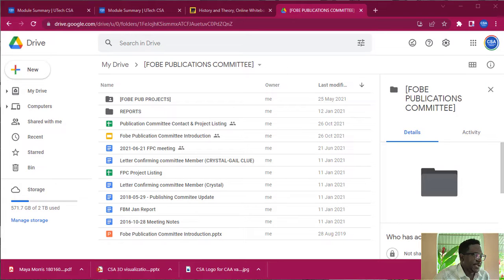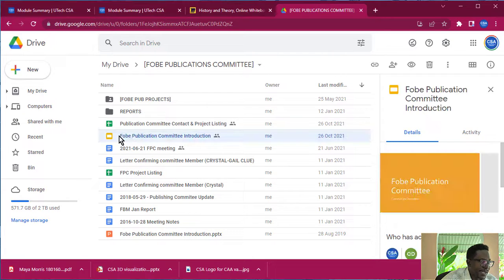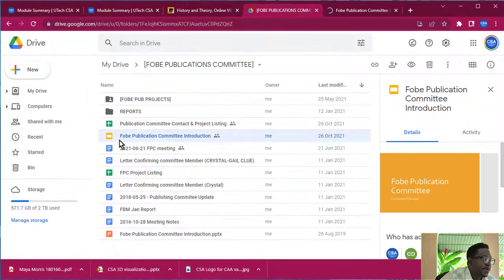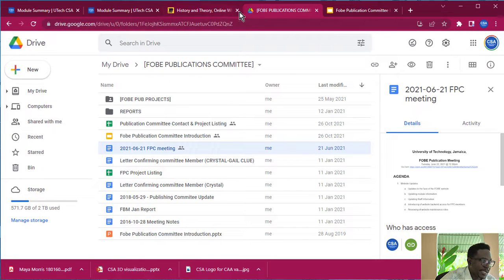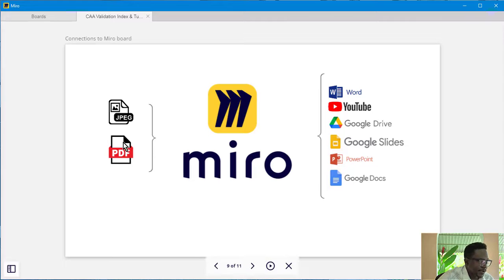For example, what we're seeing here are files that are stored in a Google Drive. Now these files are represented by icons, and in order to visually view the information represented by these icons, we have to, for example, double click this icon here, and then the information will come up on screen like a slide presentation, right? Now, what Miro board does is that it will visually represent the actual data and not necessarily an icon